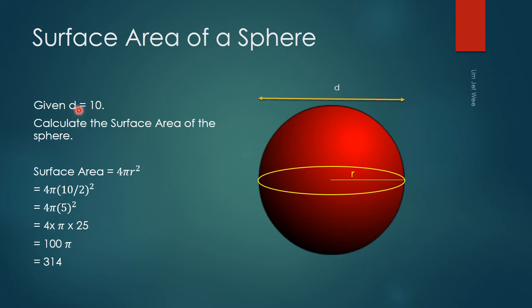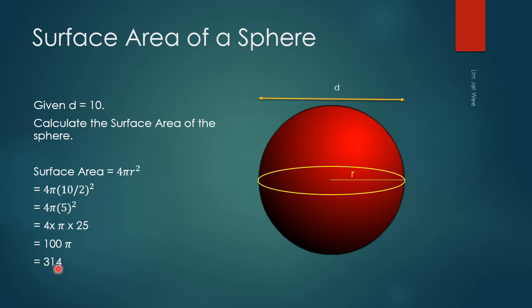So I take the diameter, divide it by 2, because the diameter is twice the length of the radius, and that will give me 5. So 5 squared is 25, you multiply by 4, you have 100. And of course you still have your pi over here. Now assuming you take pi as 3.14, then you multiply by 100, you will get